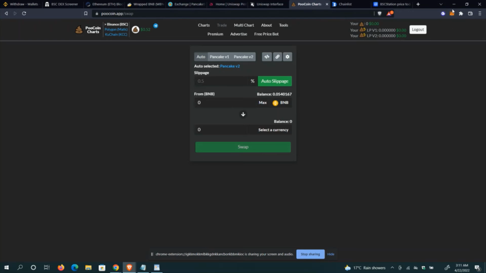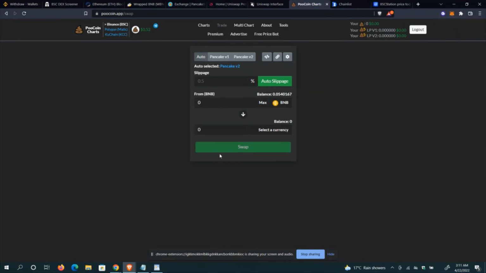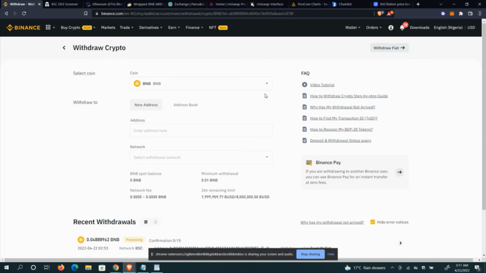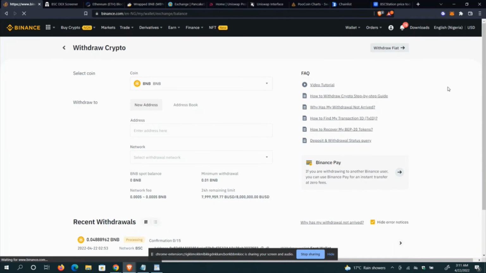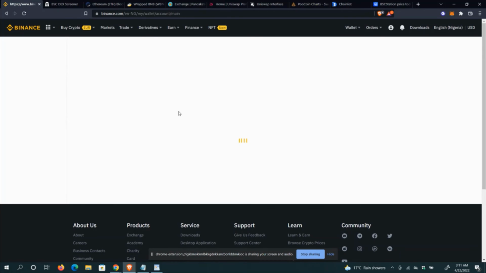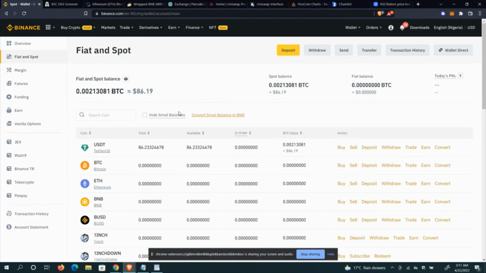Now we'll go back to MetaMask. I want to show you how I can send most of this coin back to my wallet. So what do I do? I come first of all to my Binance. When I come to Binance, I go to my wallet, fiat and spot. I'm trying to tell you how you can send from here to your decentralized wallet. So I have sent from here to my MetaMask. I want to send back from my MetaMask to my Binance. So what do I do? I go to deposit